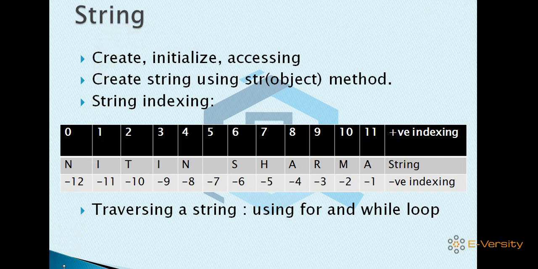So today we are going to discuss strings. In Python there are so many data types: integer, character, float, boolean. Another type is a string. It stores string type data like names, cities, countries. There are so many types of data which are stored in the form of a string.